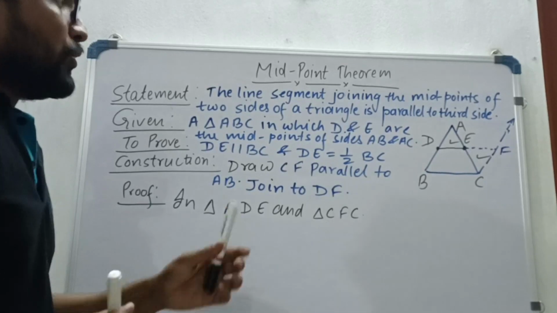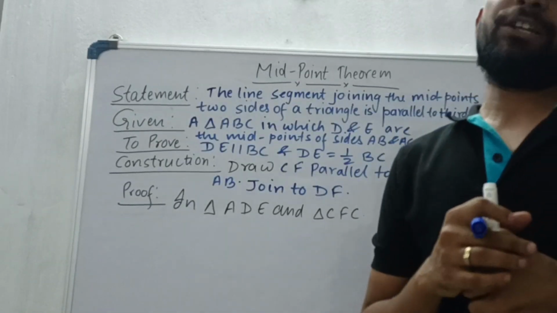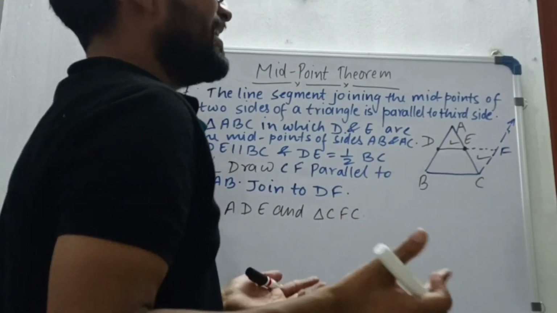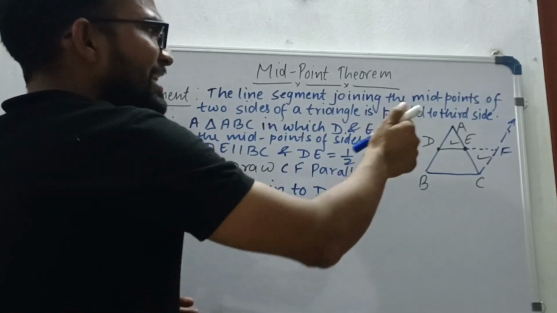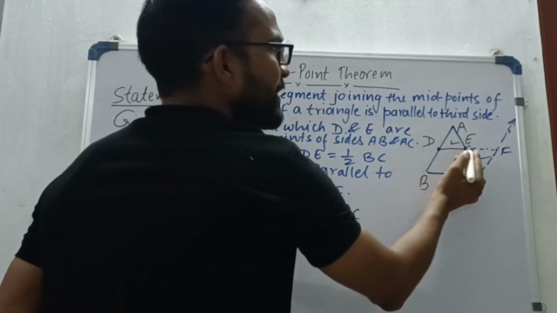For proving congruency, we have congruency rules. Either we require sides or angles, or sides and angles mixed. So here, since this CF is parallel to AB,